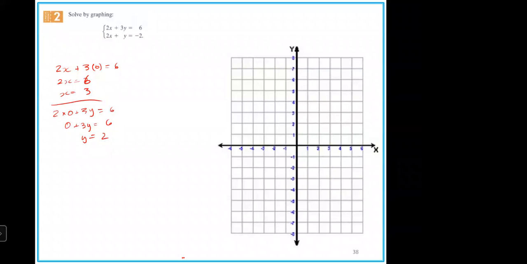Okay. So for the first line, it's going to pass through the x-axis at 3 and the y-axis at 2. Yeah. Okay. And so you're going to join those two to get that line. Let me see if I could get it. Okay. All right. And then now, for the second equation, you have